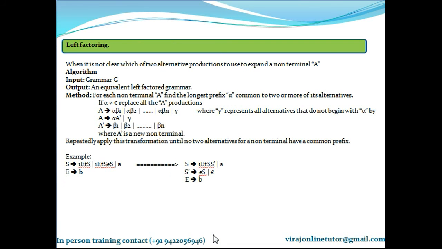Now that we have learned elimination of left recursion, the next comes left factoring. Left factoring is a concept which is nothing but everything from the left that is common, you just write it once, and whatever is uncommon you write as different options. So in ambiguity, when do you say that grammar is ambiguous? When a parser is not able to understand which one of the productions to be used.